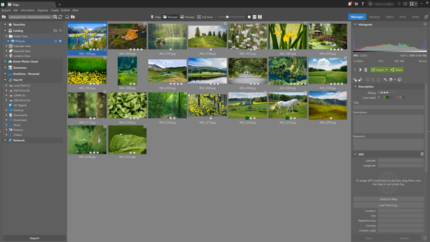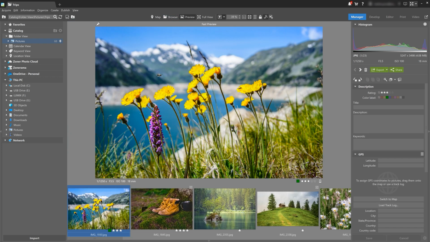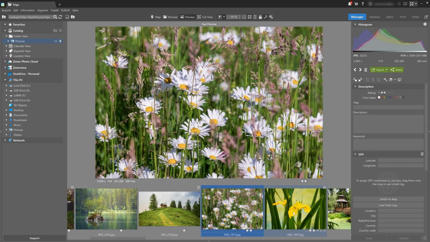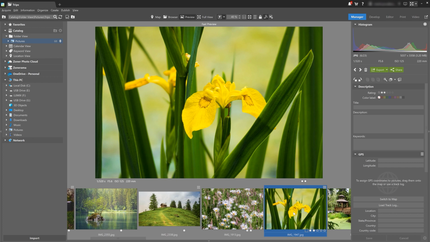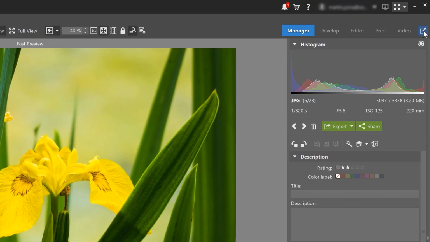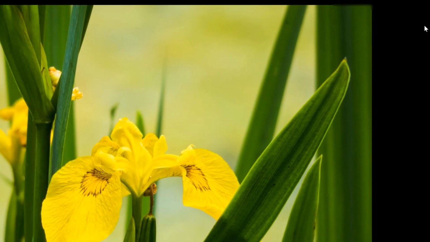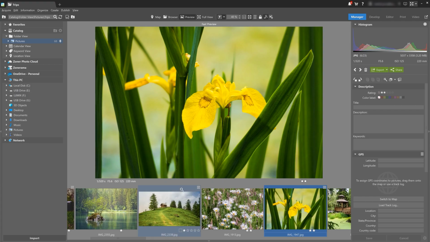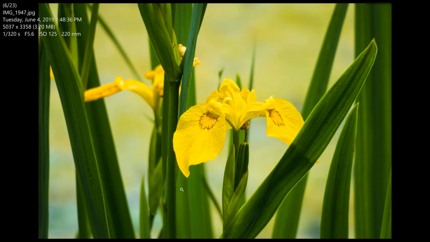Next, if I double click to open one of the photos, it'll enlarge it for a larger preview. And also below, the film strip appears here at the bottom of the screen. And I can browse through the photos in the film strip to see them in a larger format here in the preview. Notice the button with an arrow that's all the way to the right over here on the top right. This will open what's called the viewer, and that allows us to see the photos across the entire screen. And we can also access the viewer by hitting the F3 key.